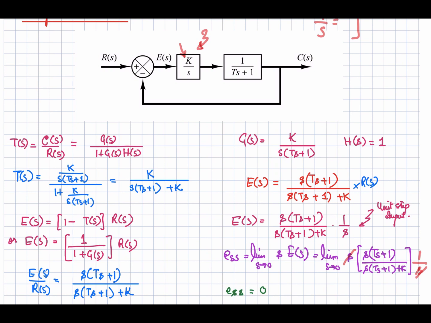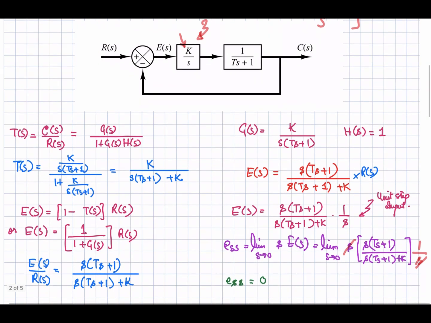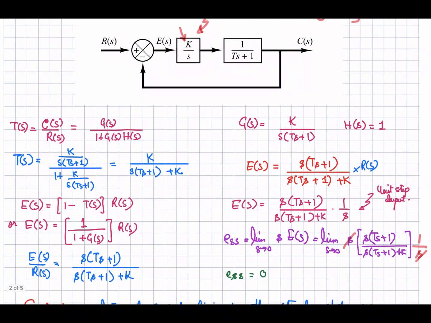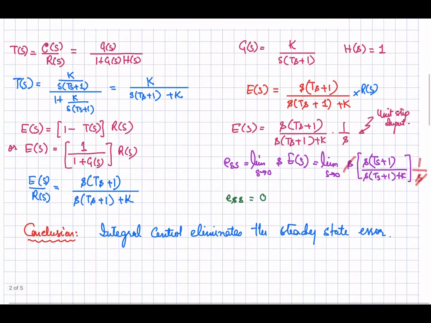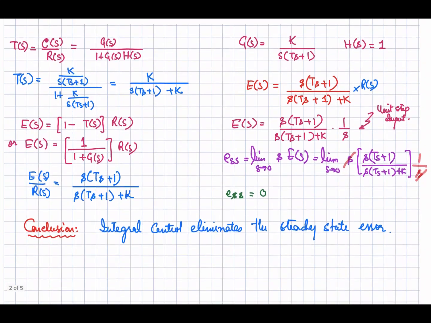So now applying the limit over this expression, you are going to get 0 because of the presence of the s over here, and because this will be multiplied with this one, you will get Ts square plus s. So applying the limit as s approaches 0, this overall term will be 0. So steady state error is 0 when you are going to use the integral controller instead of the proportional controller. So what is the conclusion? That if we use the integral controller, we can eliminate the steady state error, right?